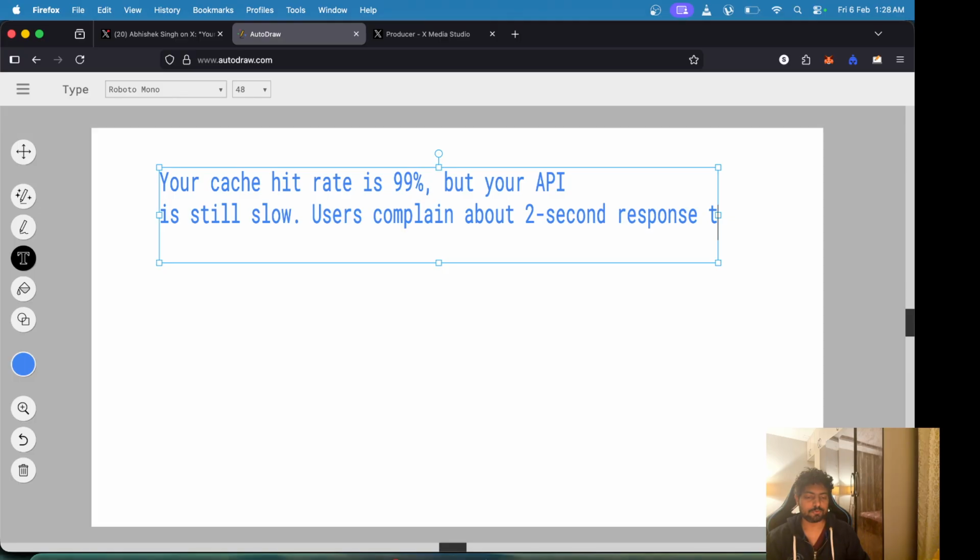After 15 minutes, those items that are there in Redis will expire. They will be evicted, and then we will experience a cache miss.